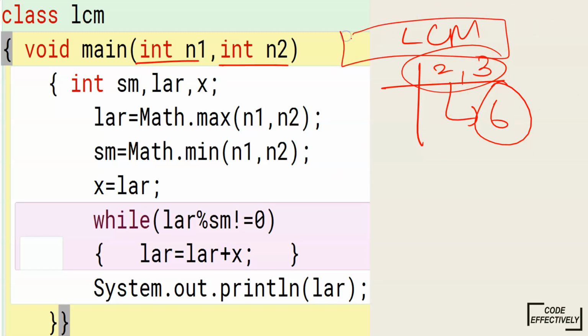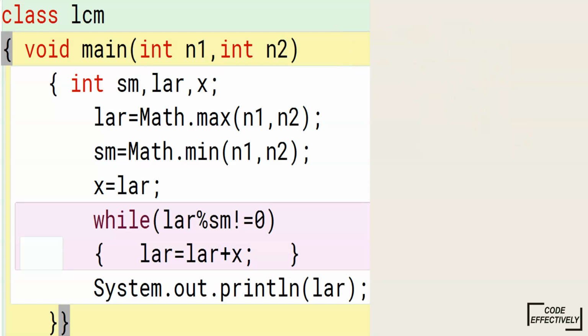What are the methods, or what is the program or source code? Let's see directly without wasting time. Let's take the smallest example, n1 as 2 and n2 as 3. We already know the output is 6, but let's see how to implement it in the code.